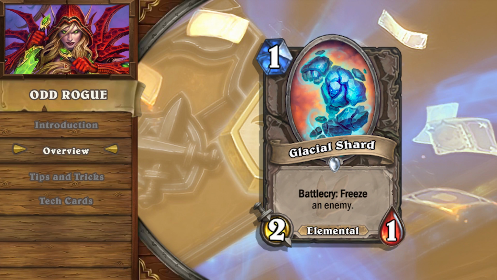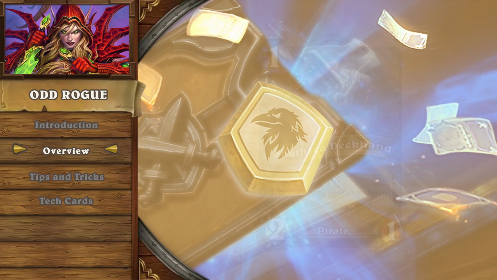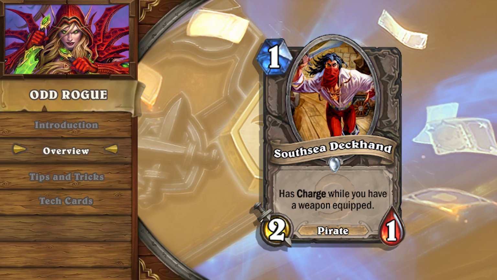Glacial Shard is poorly statted for control matchups but is essential to our plan against aggro. By stopping their minion from attacking, we essentially force them into making suboptimal trades. Our last 1-drop is Southsea Deckhand, which can be used in several different ways. We can play it on turn 1 for tempo, use it to make good trades, or use it as a